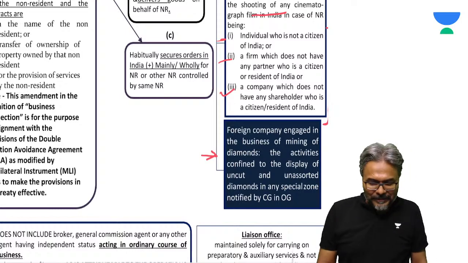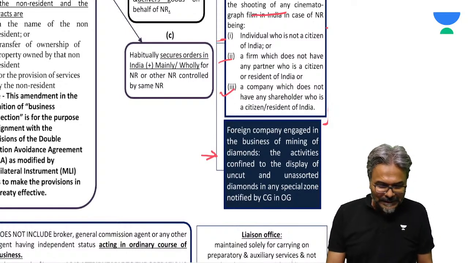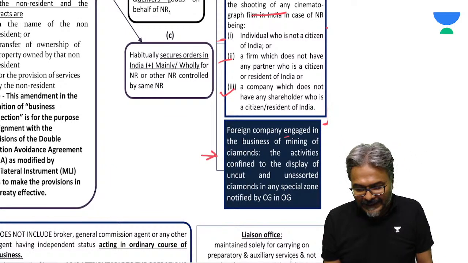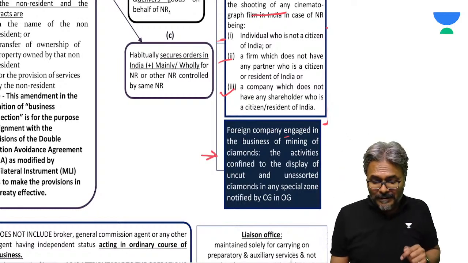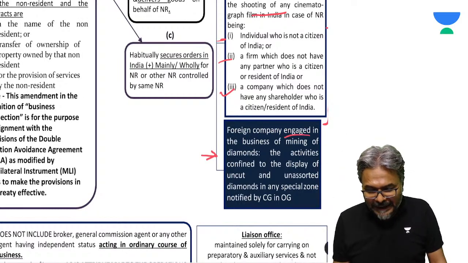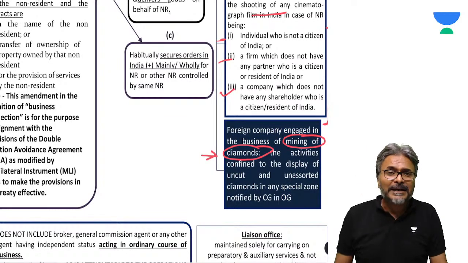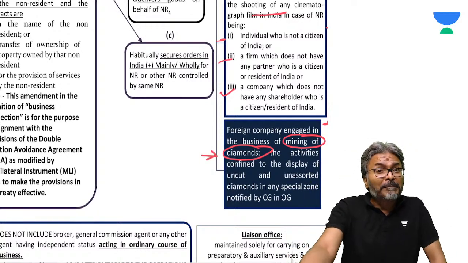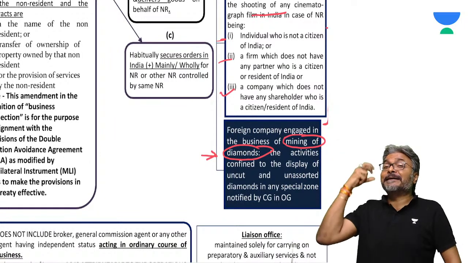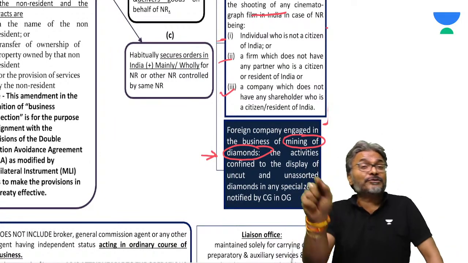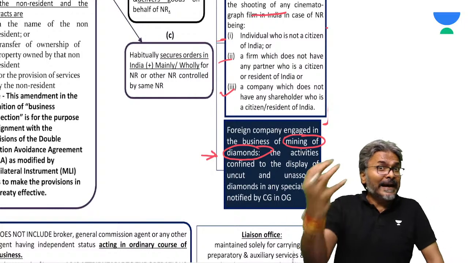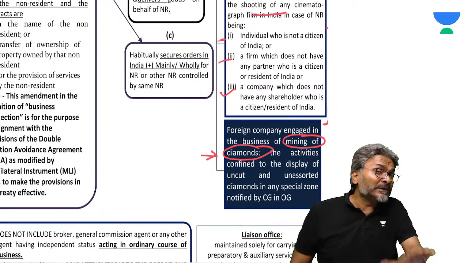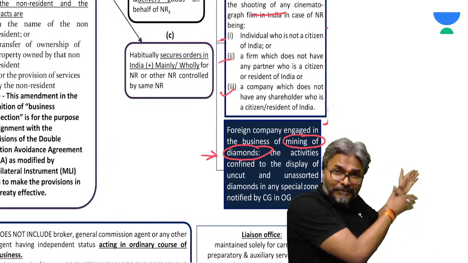See here, the last exclusion, students, that they have mentioned is where there is a foreign company engaged in the business of what, students? What is the nature of business? Mining of diamonds. Diamonds are not manufactured. Through the mining process, the diamonds are extracted, and that miner who does the activity of mining then gives it for further sale,